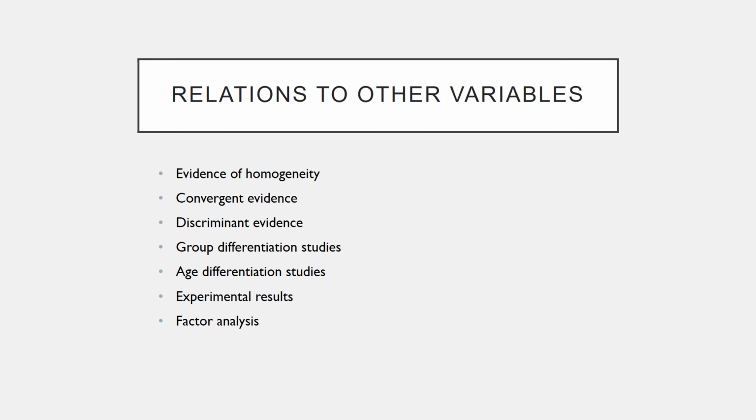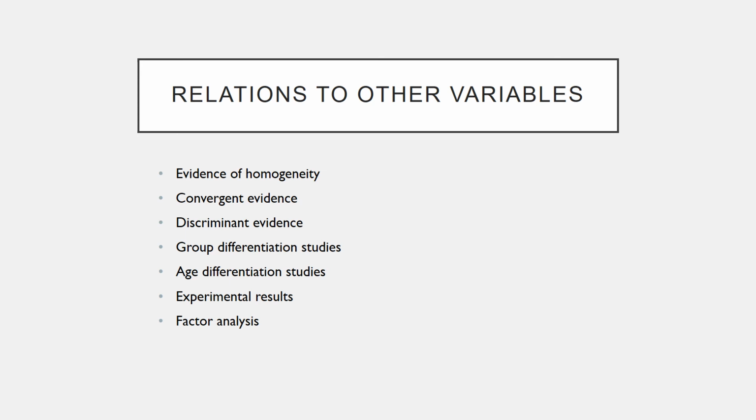So if that would make, for example, the score on the entire assessment go up, we would want to see that the score on the subscale was going up as well. So looking at the homogeneity in the way that we are measuring a certain concept with different parts of an assessment or an instrument. Then we have convergent or discriminant evidence. So looking at, again, correlation and seeing if instrument results that we are looking at for our instrument align with those of other instruments that are looking at the same kind of construct.